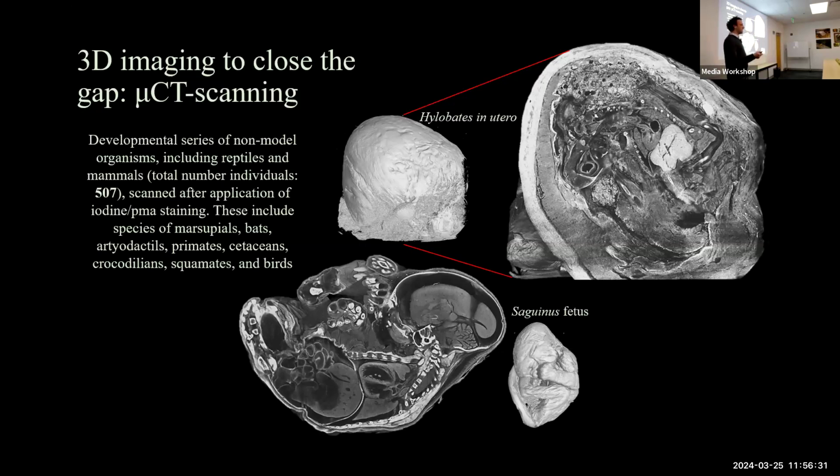And the museum collections are the only place where non-model organisms are actually preserved, because due to the collection of endangered species and species that are today extinct, in your collections you have embryos of animals that are completely impossible to sample today. And therefore, I decided to go into the fluid collections, for bats, for primates, as